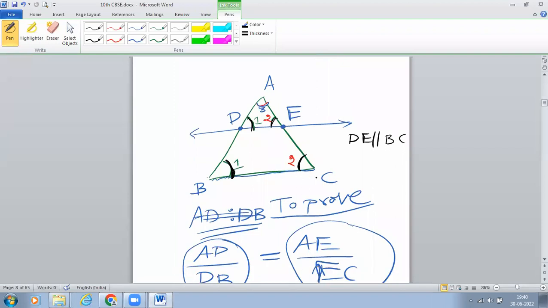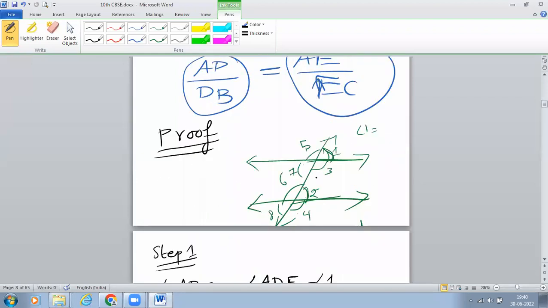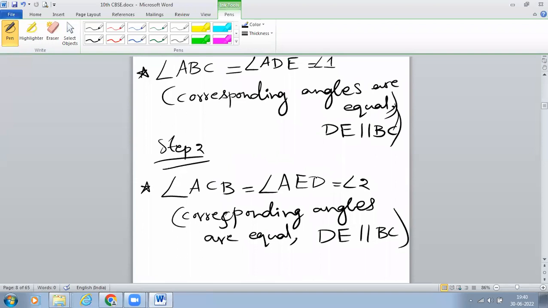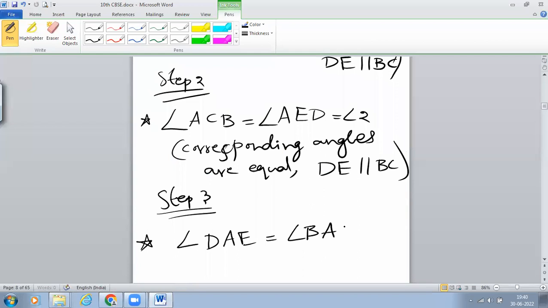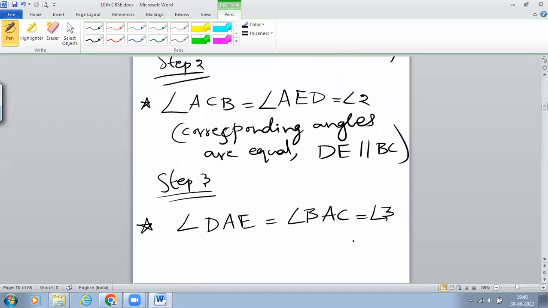Okay, that's it. Now, third step, step number 3. So with the help of the diagram only, I am explaining step 1 and step 2. Now, step 3. Step 3 is angle DAE is equal to, sorry, listen carefully. Angle DAE is equal to angle BAC. Both are equal to angle 3 because